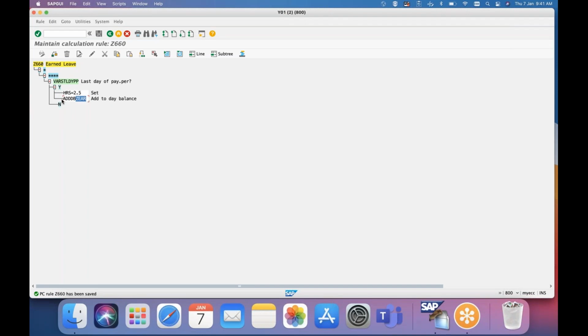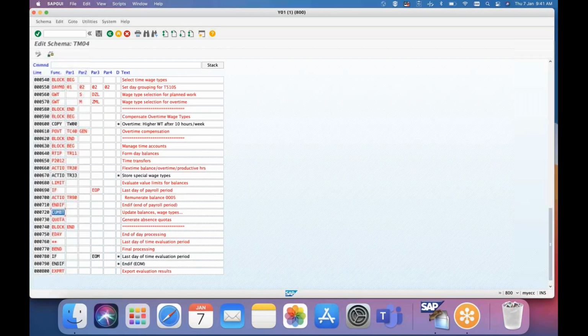When you push the value to a day balance table, it will initially be stored in a table called TES, which we will call the temporary day balance table. All these temporary day balance TES tables will be updated to the actual ZES tables after a function called CEMBT. CEMBT is the operation to update the temporary tables to the day balance table.